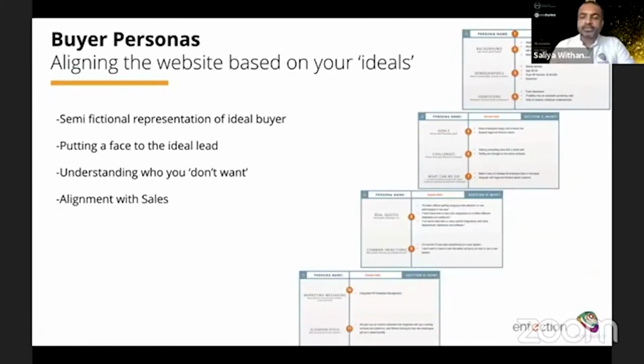One of the starting points that I always go for is the buyer personas. Again, this is not something new, but there are certain changes that have happened here. So back in the day, we used to create this for our ideal customer, which is still true. But we need to ideally put a face to the name, figure out who our ideal buyers are, and we need to also know who we don't want. That is very important. This is where sales and marketing really need to align themselves.